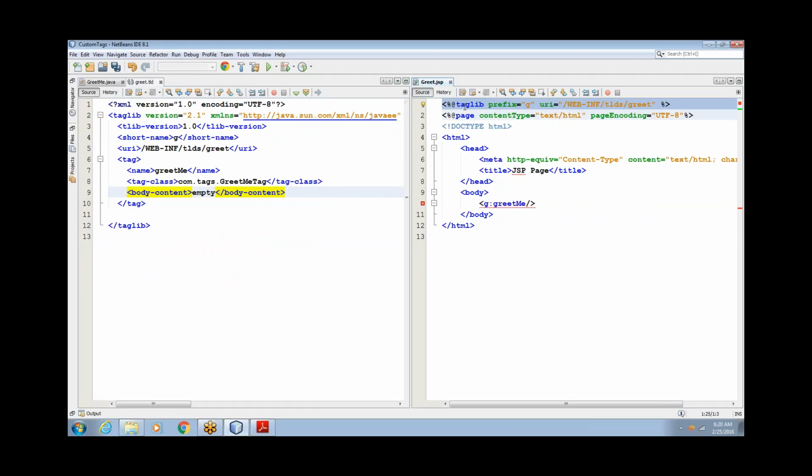If any taglib is there, whenever a web container sees this taglib directive, it will find the URI. It will find where the tag library descriptor for this taglib is located. So we are specifying it is located in WEB-INF/tlds/greet. So it will go to this greet.tld. Now after it goes to this greet.tld file, it will check whether there are any tags. If it finds the tag greetme,